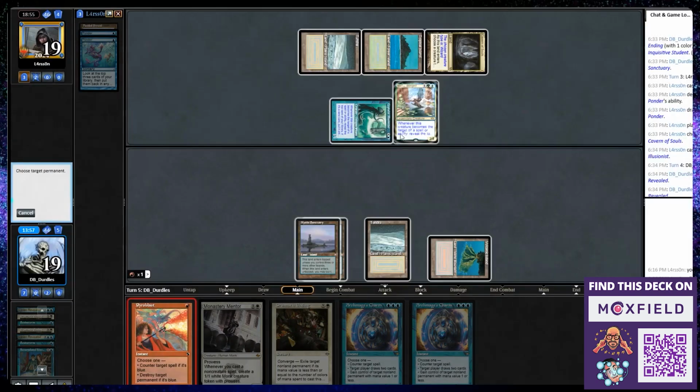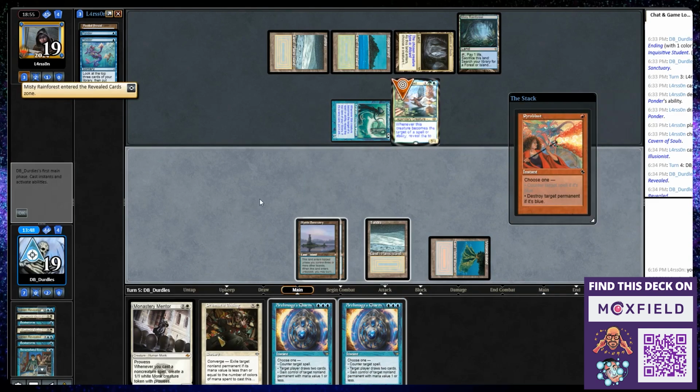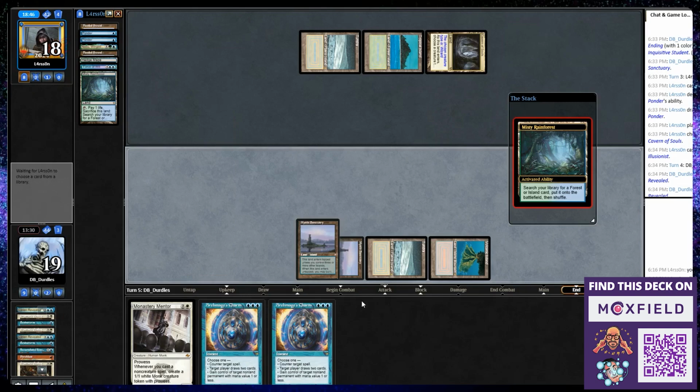Destroy target permanent if it's blue. Destroy you. I'm holding up a counterspell just in case this is where he's going to pick a fight. He hits a Misty. It's arguable that the better spot there is to just let him have this Cephalid Illusionist and then hold up the Archmage's Charm. That way I can be more mana efficient. But the position of that is